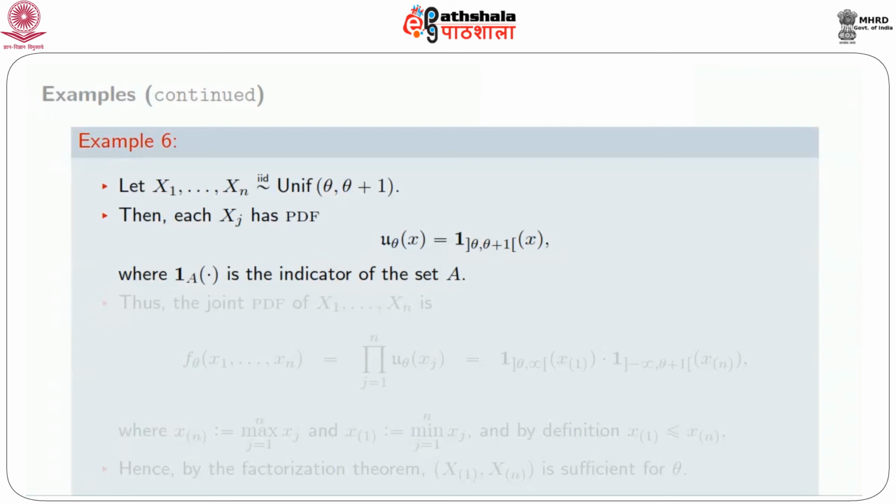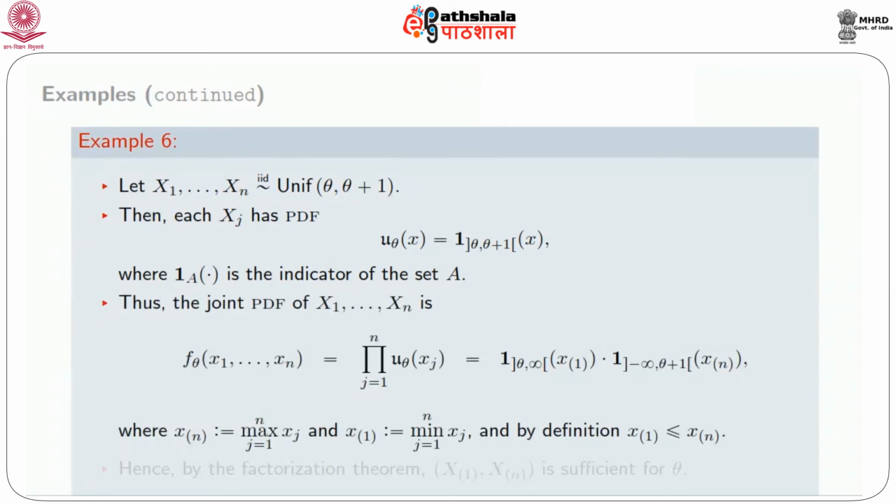We write it again as 1_[theta, theta+1](x), where 1_A denotes the indicator of the set A. Then the joint PDF of x1, x2, ..., xn is f_theta(x1, x2, ..., xn) equals to the product over j from 1 to n of u_theta(xj). This is actually the product of two indicator functions. One is 1_[theta, infinity)(x ordered 1) and the other is 1_(minus infinity, theta+1](x ordered n). Here x ordered n is the maximum of x1, x2, ..., xn